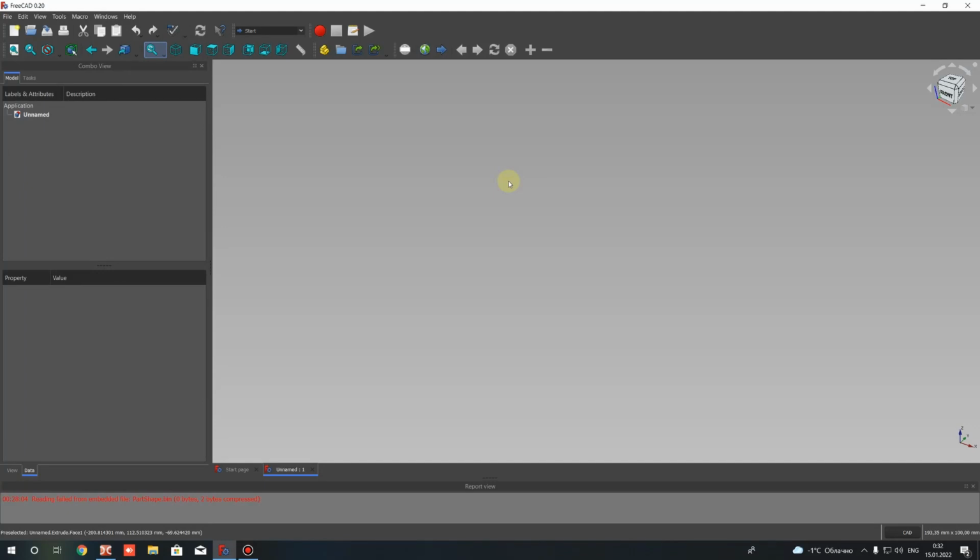Today we will start a video series about design and simulation of a propeller using FreeCAD software and OpenFOAM software. So the first video tutorial will be about the creation of a 3D model of a propeller. So we will use FreeCAD. Let's start